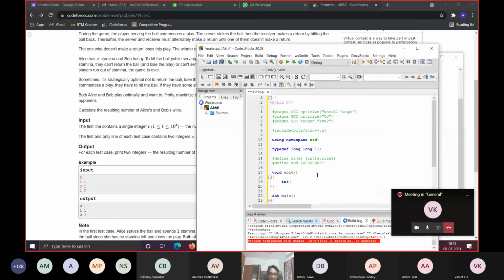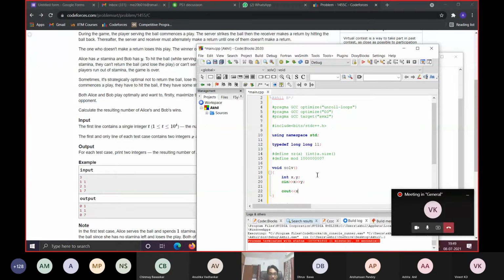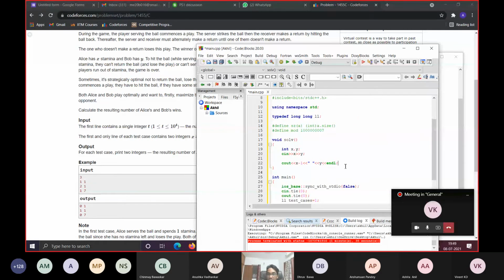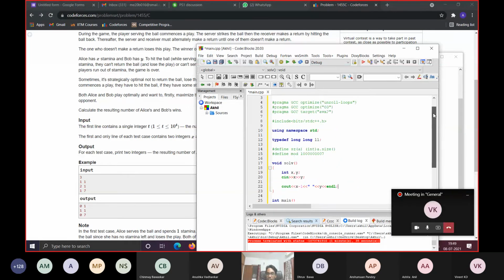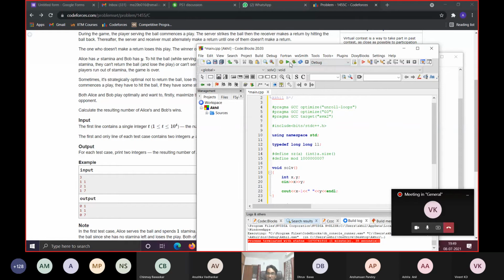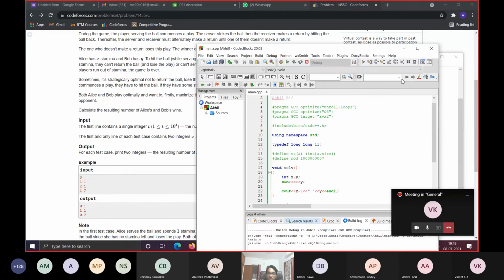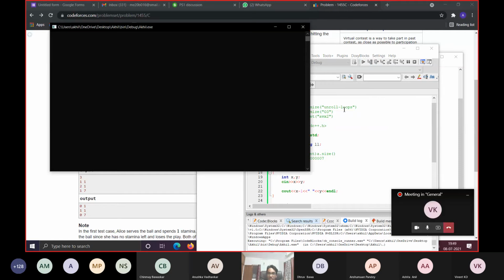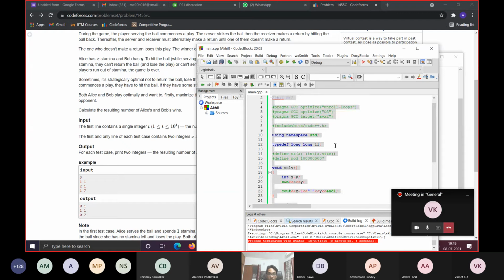So we'll just declare int x comma y, cin x comma y, and we just need to output x minus 1 with a space, and then finish that line, moving to the next line. Code is compiling, so that's fine. So let's just try to paste it.